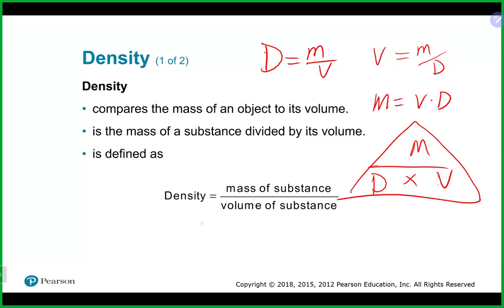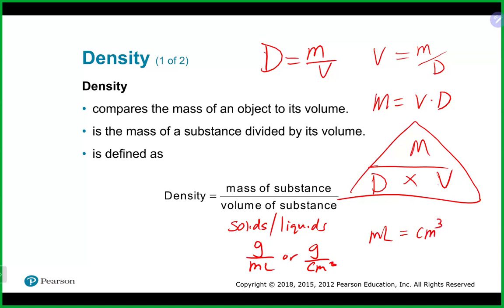So in terms of units for density, typically for solids and liquids, they have units of grams per milliliter or grams per cubic centimeter. Remember that a milliliter is equal to a cubic centimeter. It is a 1-to-1 relationship. We really don't come across it too much in this class, but when you deal with gases, the units of density for gases are typically grams per liter. I would say for us, pretty much these are going to be the 2 units that you will mostly see